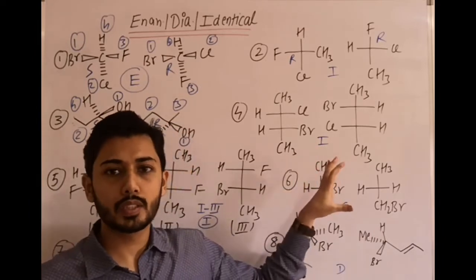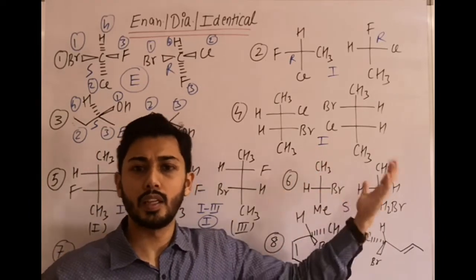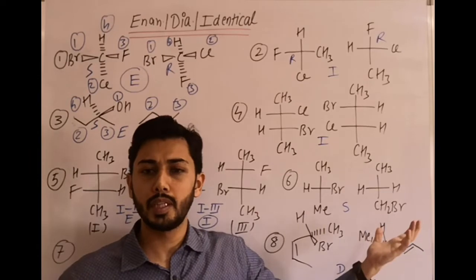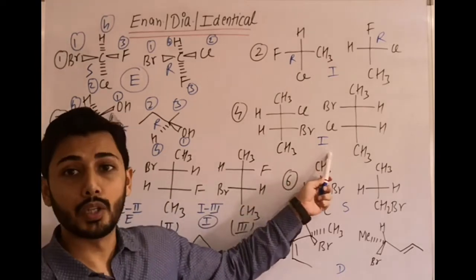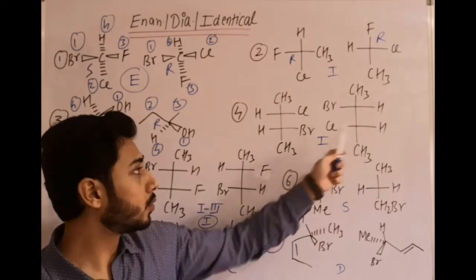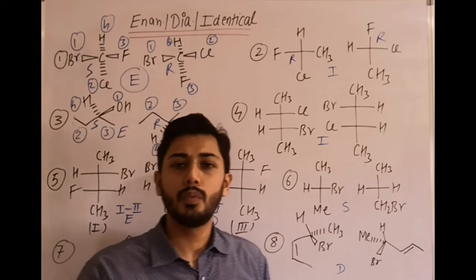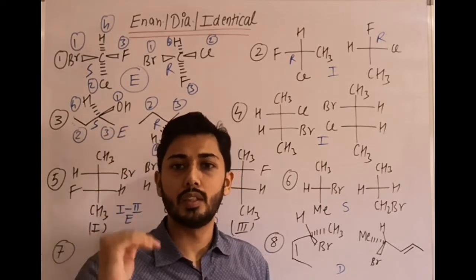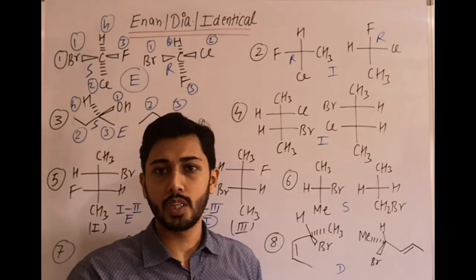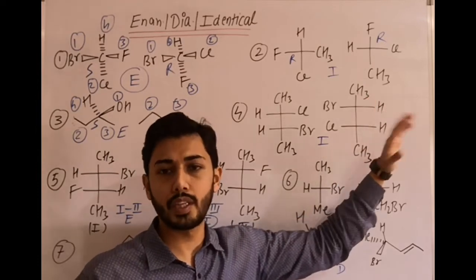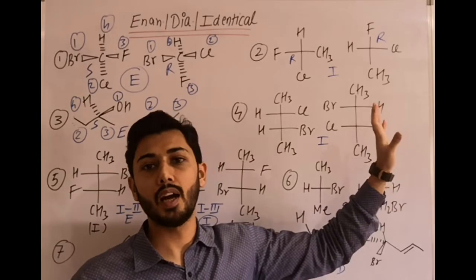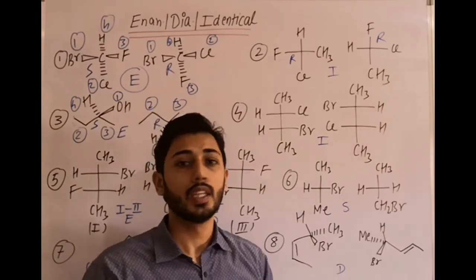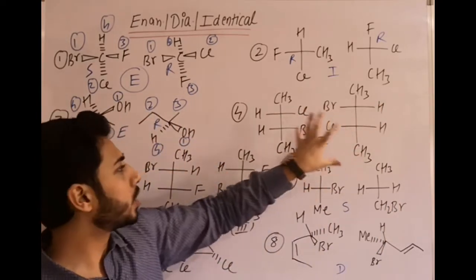I'll explain these examples and you can try them from your module also, and you can try other examples from your other material. Now question number 4 is, they are the same molecule, they are identical. These two compounds are identical. One way is we find the RS configuration for every chiral center and then check with the other molecule. If they have the same configuration with respect to that chiral center, that means they are identical. Other way is with two chiral centers we can check that.